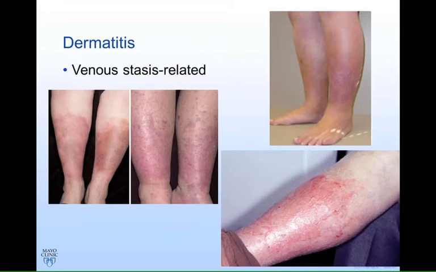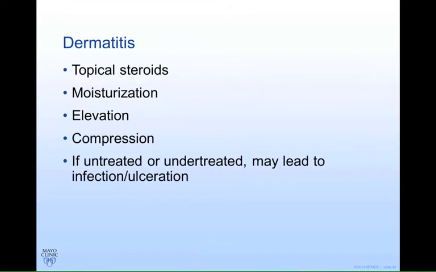All right, well, we spoke about dermatitis overlying the capillary malformations, but you can also get a fair amount of dermatitis on the legs, especially if there's a lot of edema. So this is more of a venous stasis or lymphedema-associated dermatitis. And you can see all these photographs of pretty raw, open skin. What do we recommend for that? Again, topical steroids can be very helpful. It's definitely not a mainstay of therapy, but when you're particularly flared, that can be really useful. Good moisturization, again, with something thick and creamy or something greasy, elevating, continuing to use compression diligently.